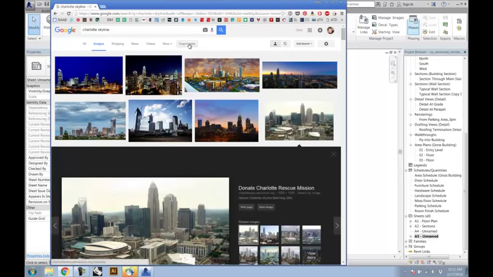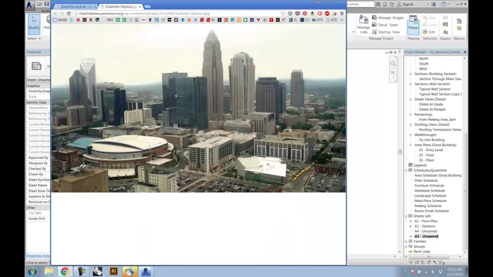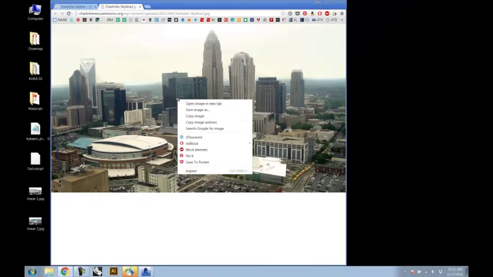If you're not familiar with it, you can hit the search tools button here and change the image size that it's looking for to large, so that you're getting a relatively high resolution image. If I hit view image here, I can save this view over